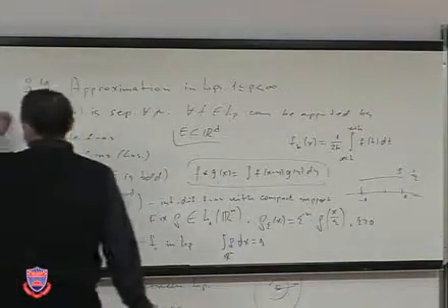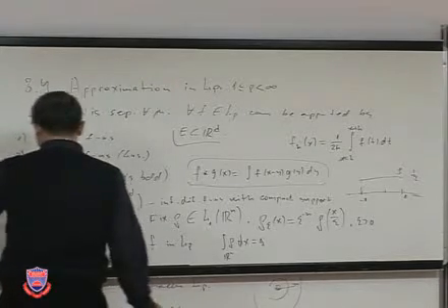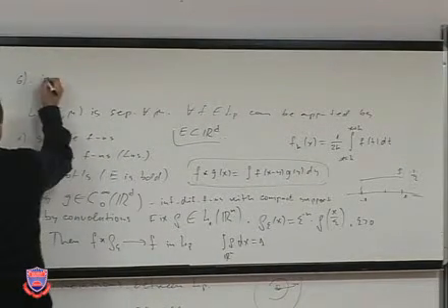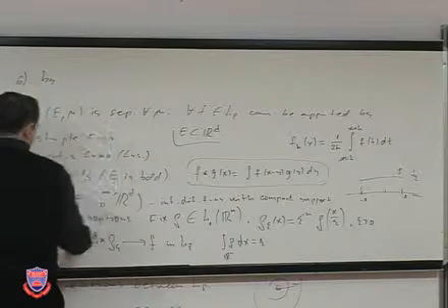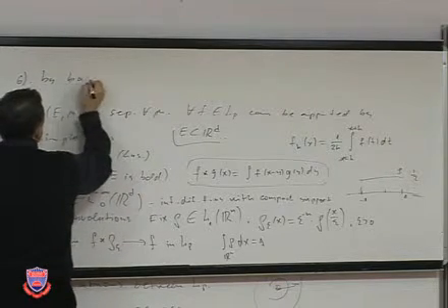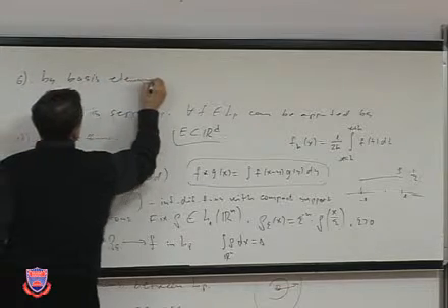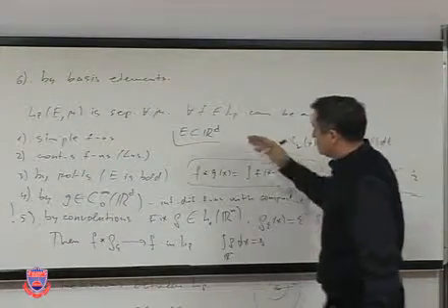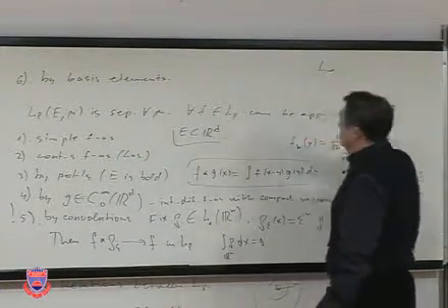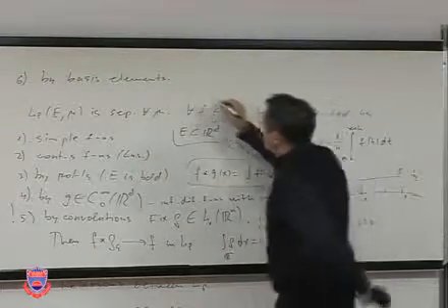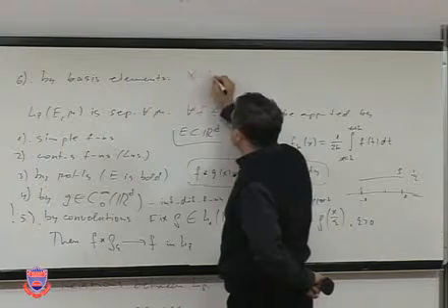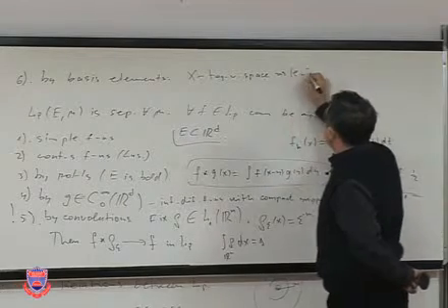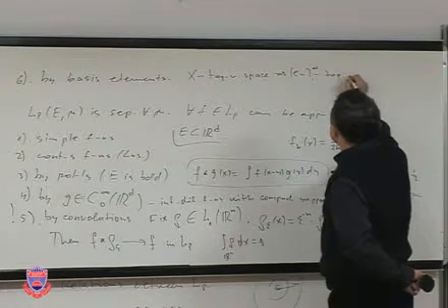The last one that I want to recall, which we also discussed before, is that there is also a basis by elements, meaning there is a topological basis. Of course, no chance to find a topological basis in a non-separable space. What does topological basis mean? It means the following: if X is a topological vector space, then a system E_n, n from 1 to infinity, is a topological basis